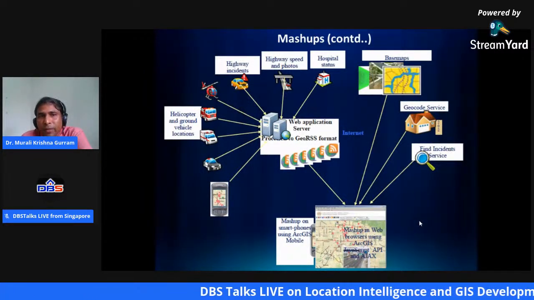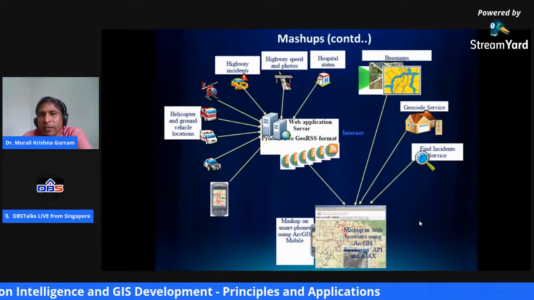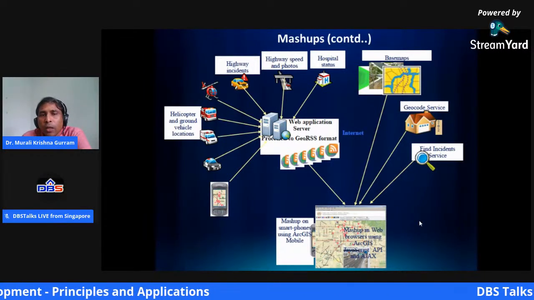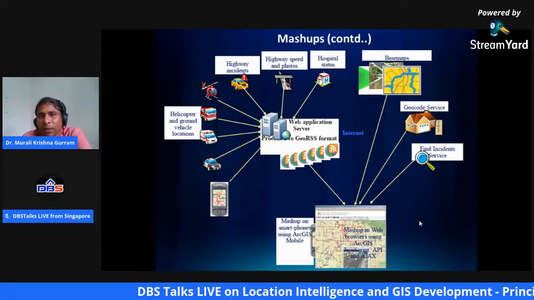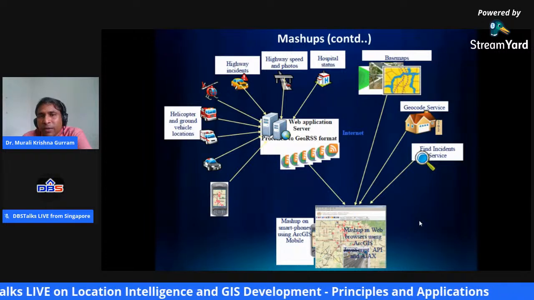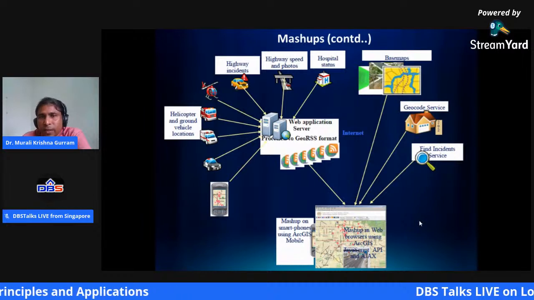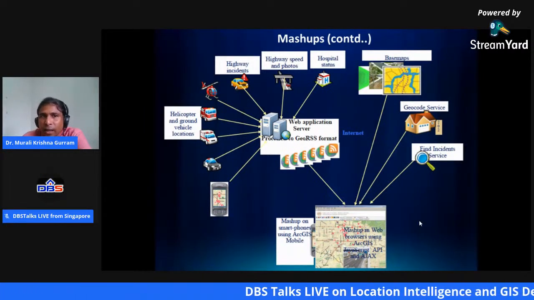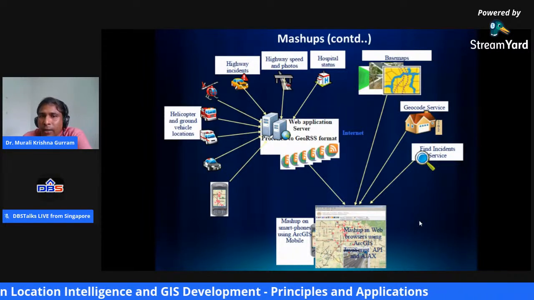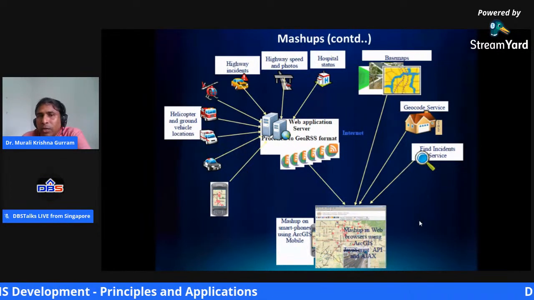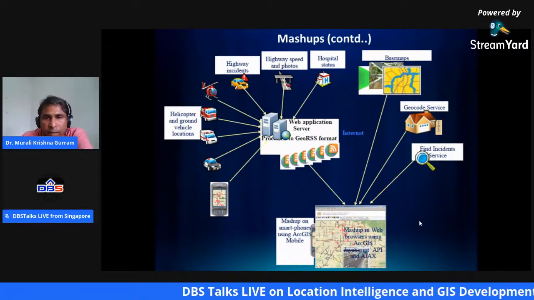What we generally refer to as mashups, all these services are mashups. Here is another simple example. You have the web server, which is receiving information from different sources, combining all of those sources, and processing them in an automated way in real time, ultimately delivering the outcome to the end user for better, informed decision making. Next slide please.